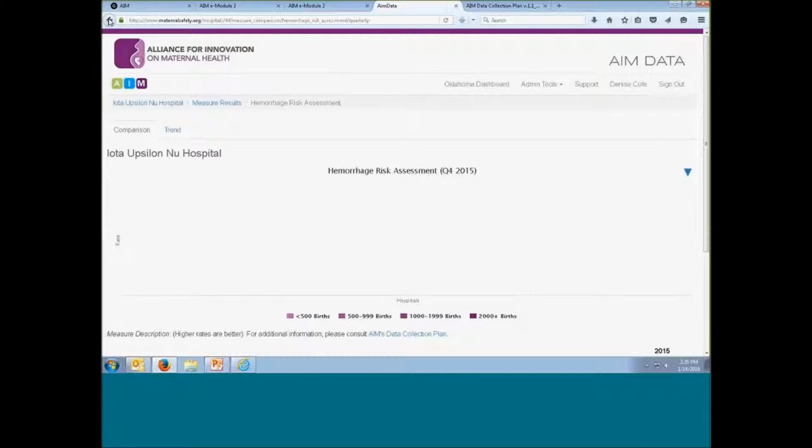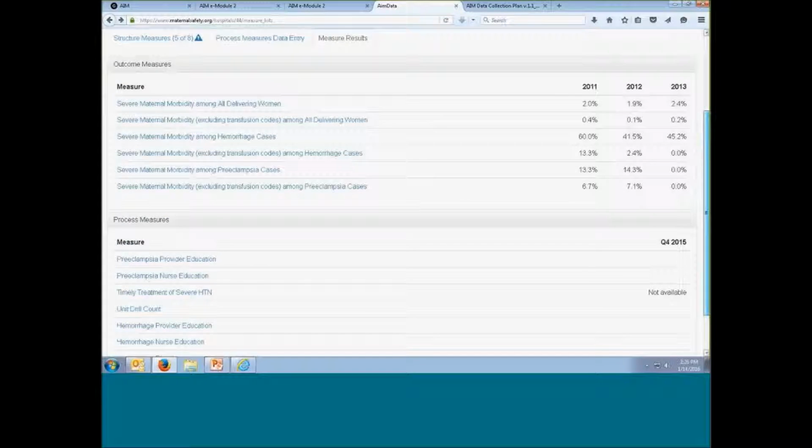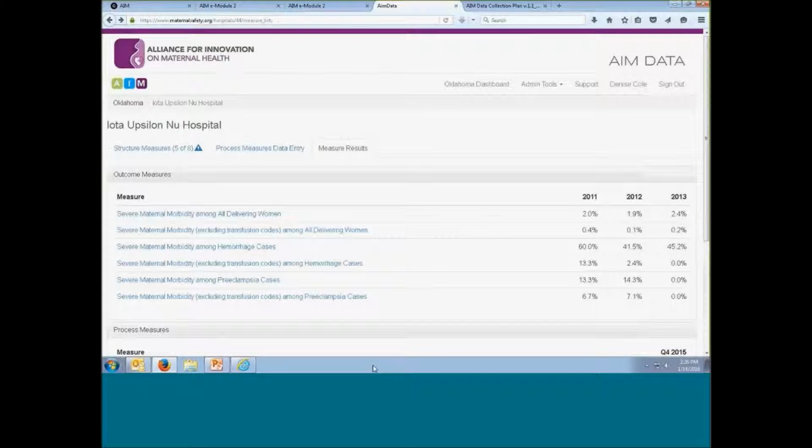And I'll show you at the top. I just want to emphasize something because I think it's pretty confusing and it's hard to remember. We did a webinar back in November, and it's kind of hard to remember everything that we've explained about these measures. But one thing I want to emphasize about the outcome measures is, for example, let's look at severe maternal morbidity